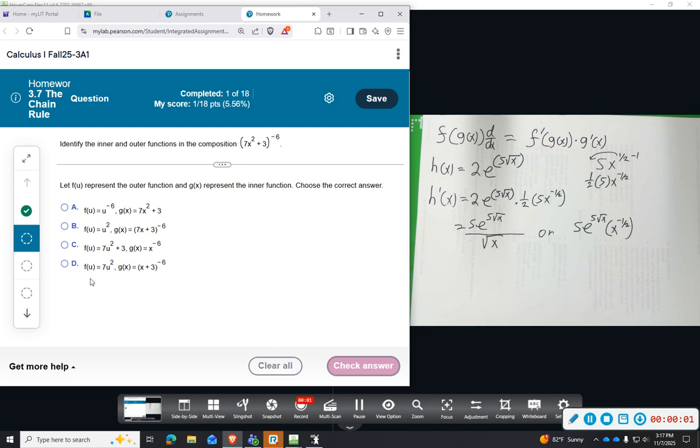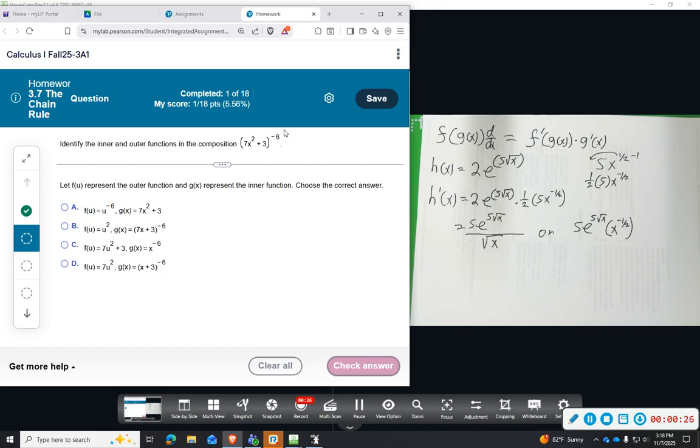All right, question number 2. So sometimes they're doing it with a substitution, so you can just look at the outer function and then do an inner function separate. However, they're giving you this function and they're saying this is a composition of functions, and they said let f of u represent the outer and g of x represent the inner, and we want to pick which one would